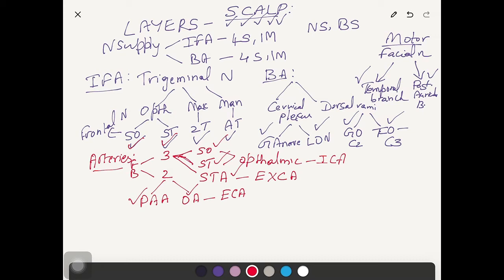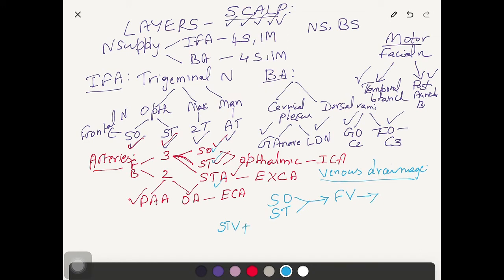Now we will see the venous drainage of the scalp. This venous drainage also covers the venous drainage of the face as a whole. So same as the arteries, the same veins you have to take: supraorbital and supratrochlear. Supraorbital and supratrochlear veins join at the medial angle of the eye to form the facial vein, which will continue as the facial vein. Inside the parotid